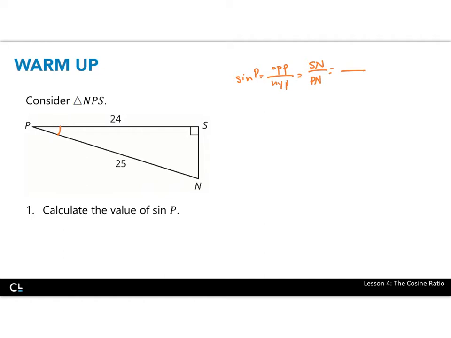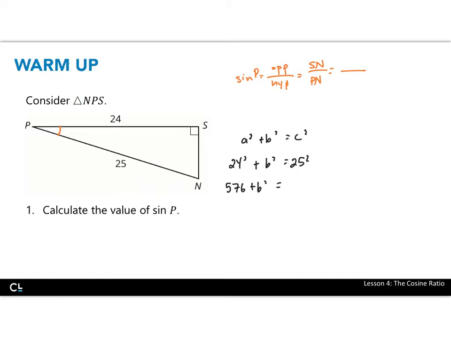So Sn we don't have, so in order to find it, we will go ahead and use the Pythagorean theorem for that. So we have a squared plus b squared equals c squared. A and B are the legs of the right triangle. Try to solve for one of those. So 24 squared plus b squared equals 25 squared. See, 24 squared is 576 plus b squared, and 25 squared is